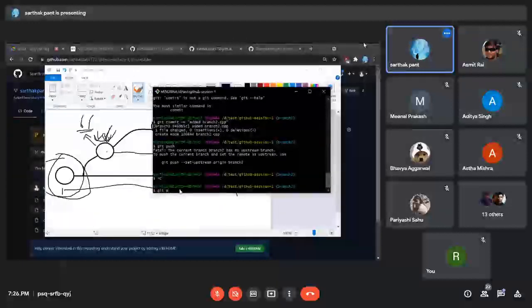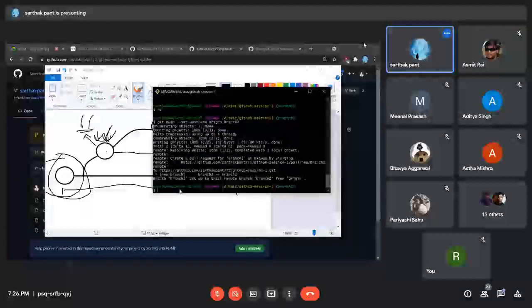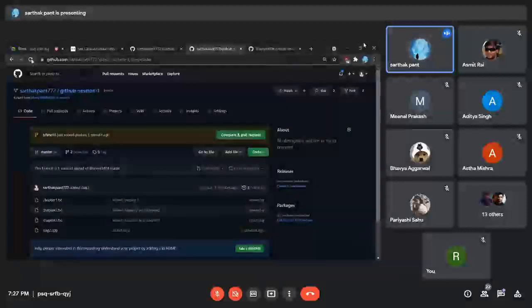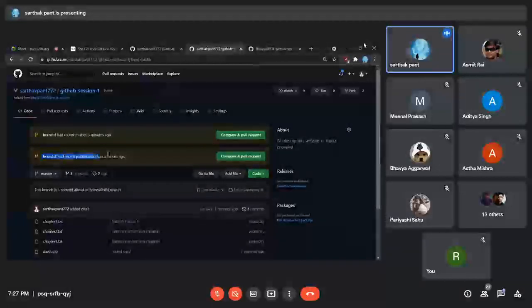git push --set-upstream origin branch2. Yeah. And if we reload this, see, branch2 has been recently pushed,